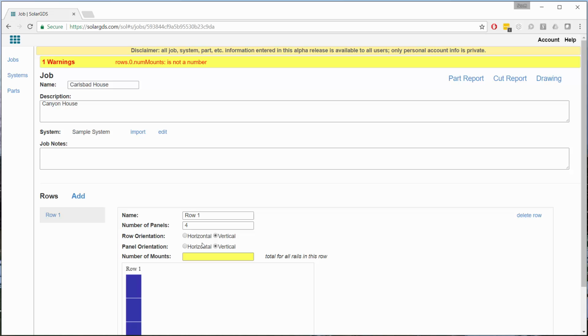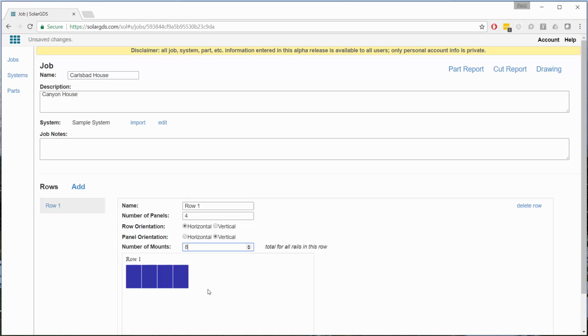In this case, we just want the row to be horizontal, but the panels to be vertical. So now if there are two rails per row, and I want 2 mounts per rail per panel, then I would say I want 8 mounts for each rail row, let's call it,